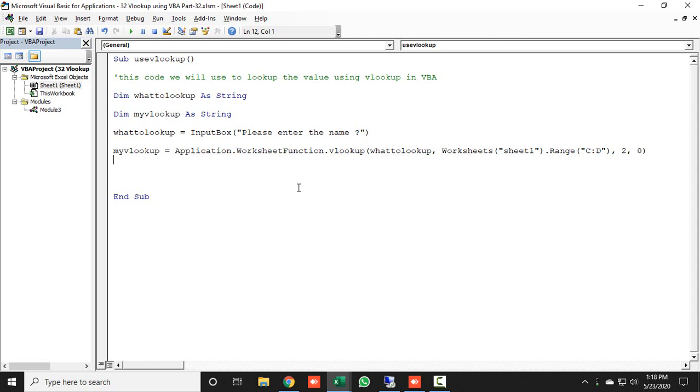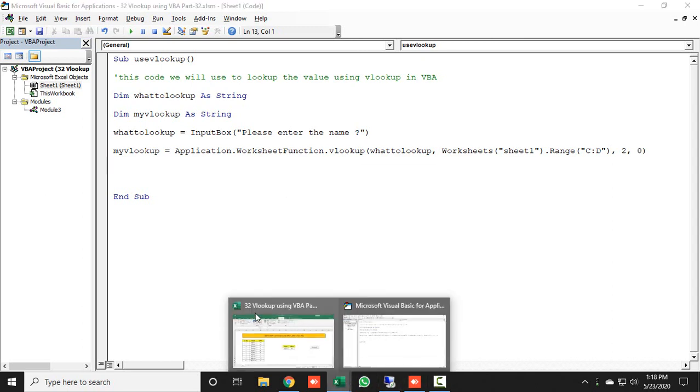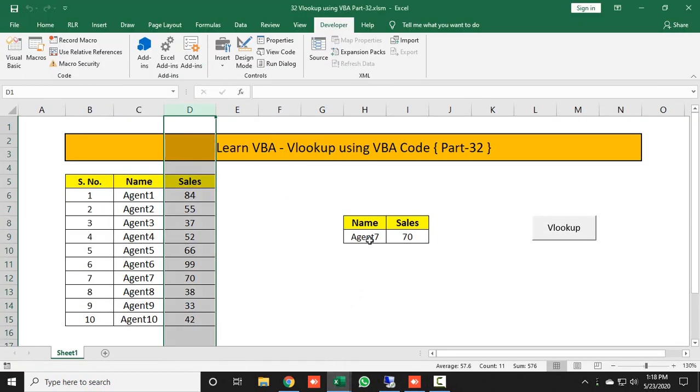Now I have done my VLOOKUP formula in this VBA code. In the last, we need to pass those cells where we want the result. We want the username in cell H9 and their sales in cell I9.